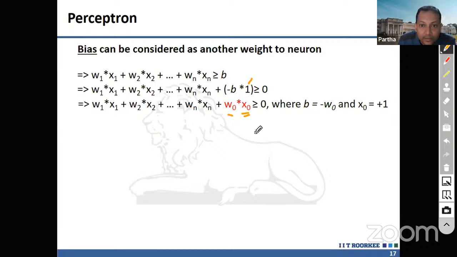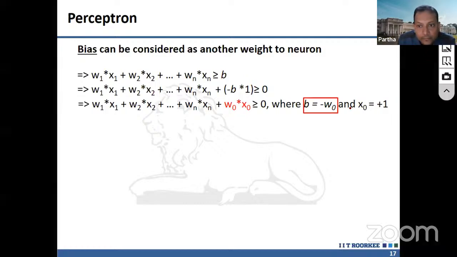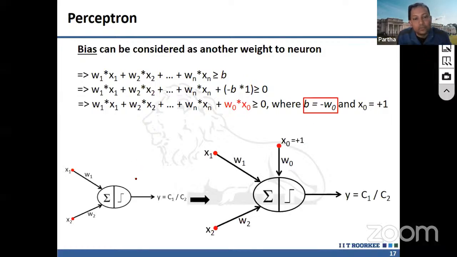So you have now, let us consider that you have this x1, x2, with x1 coming with the weightage w1 and x2 coming with the weightage w2, and then we check whether w1 x1 plus w2 x2 is greater than or equal to 0 or not. And what we are doing is, instead of this w1 x1 plus w2 x2 plus 1,